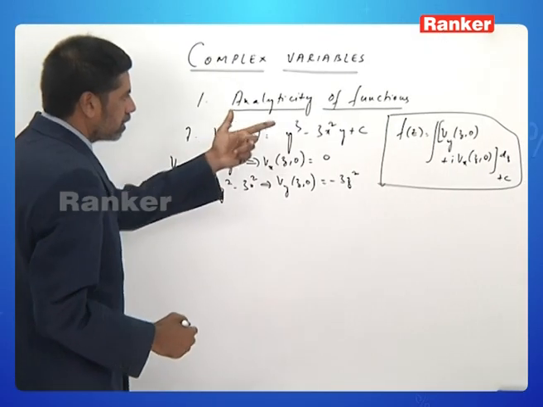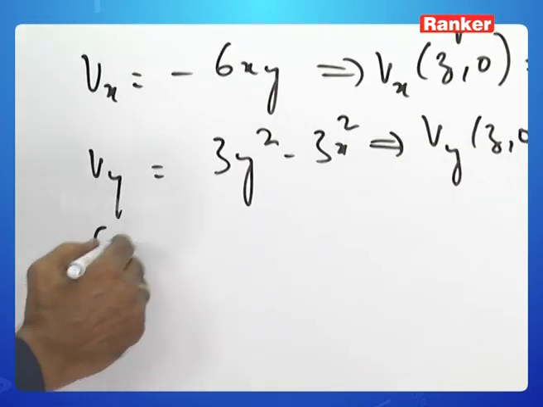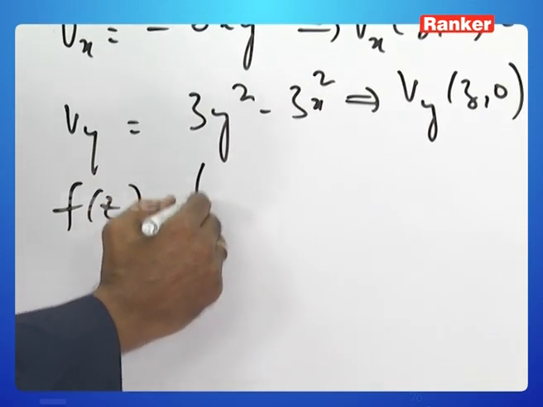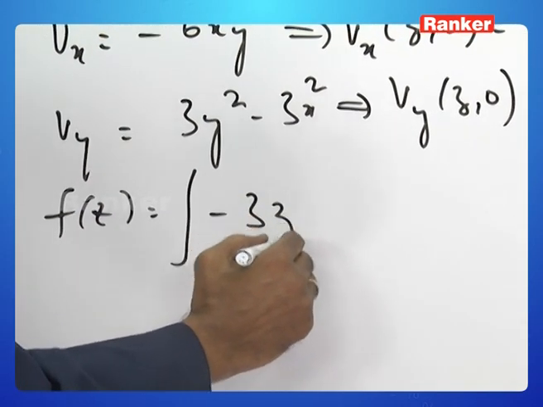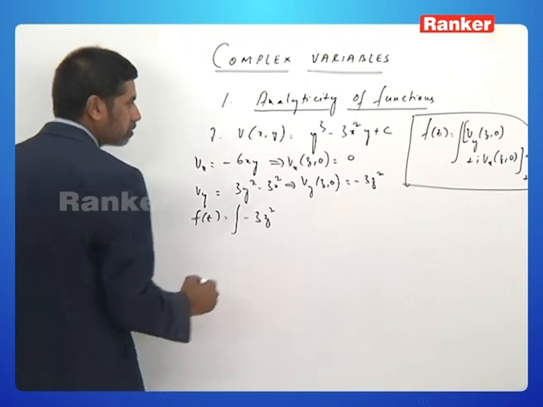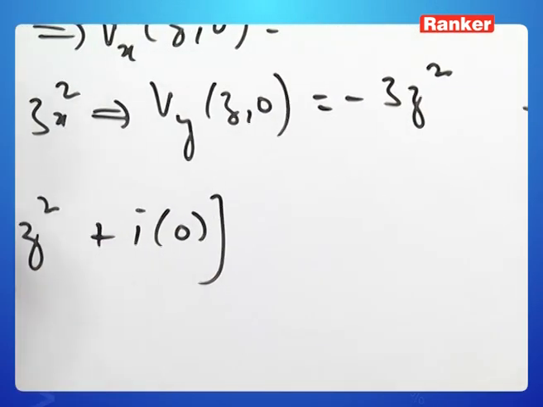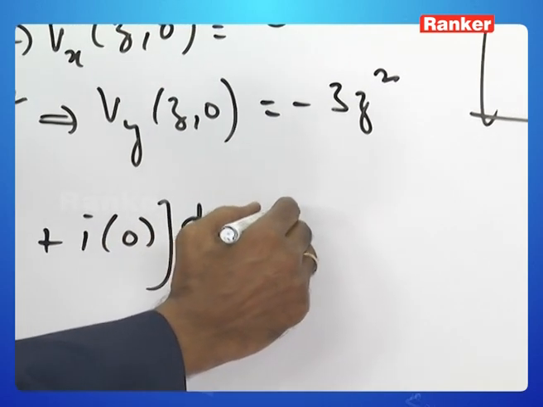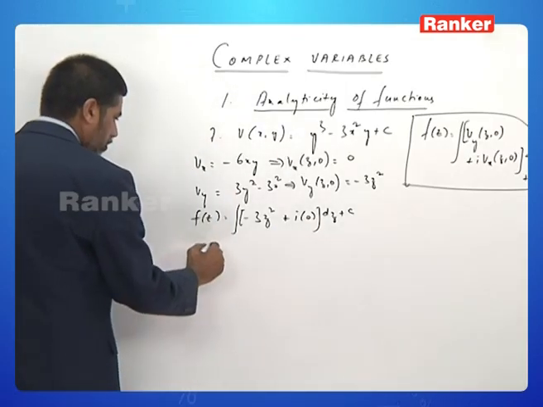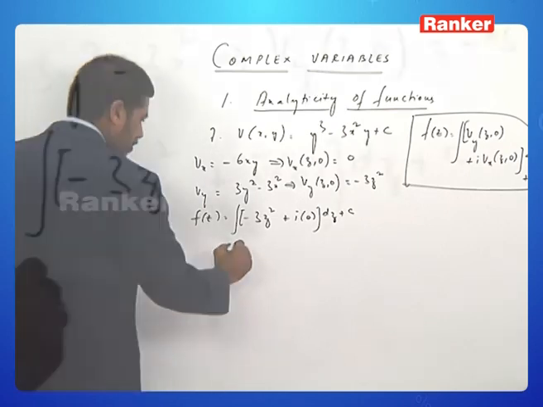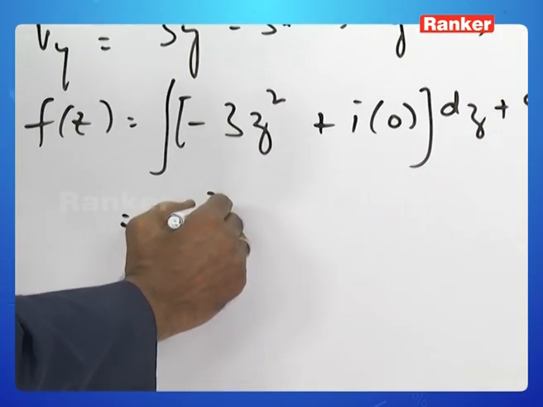So if you now apply it into the Milne-Thomson formula, f of z is equal to integral minus 3z squared plus i into 0 dz plus constant. So this is nothing but minus z cube